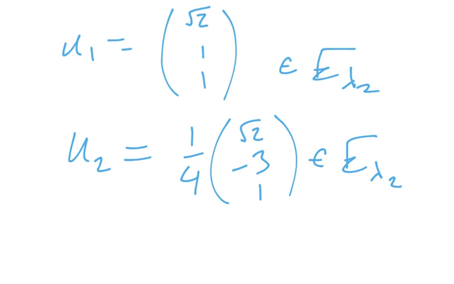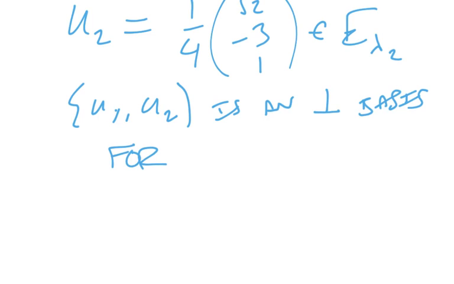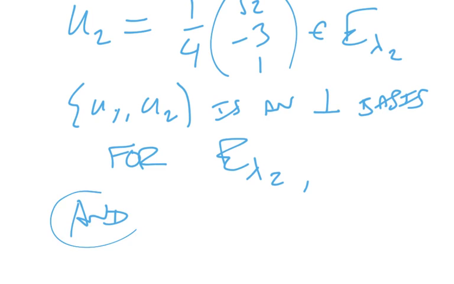In other words, the span will still be E lambda 2, right? The span hasn't changed. In other words, u1, u2 is now an orthogonal basis for E lambda 2,